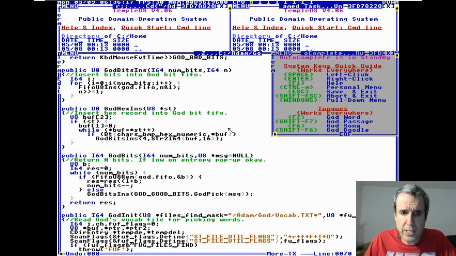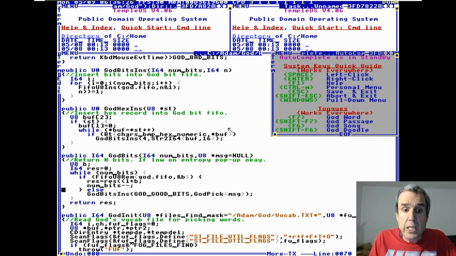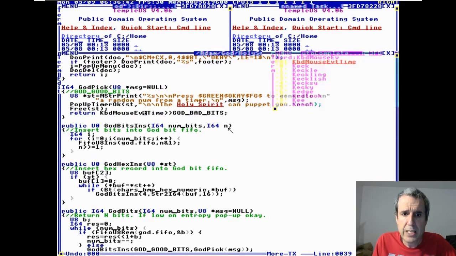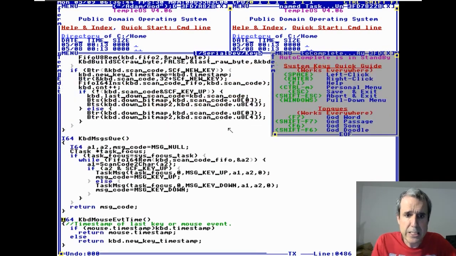Okay, let me explain how the random number generator works. Everybody knows that I pick random words. A lot of people think a computer cannot generate random numbers, but if you use a timer, that's good for random numbers. So keyboard event time is the